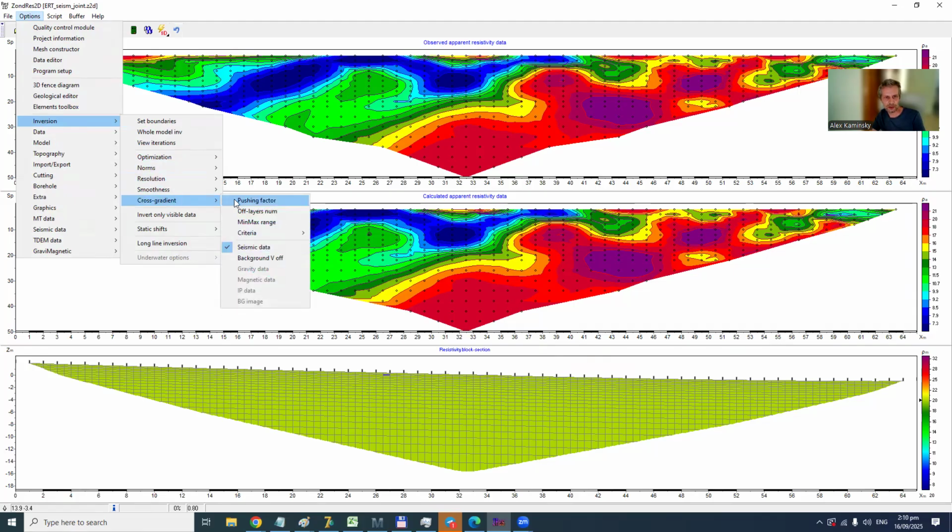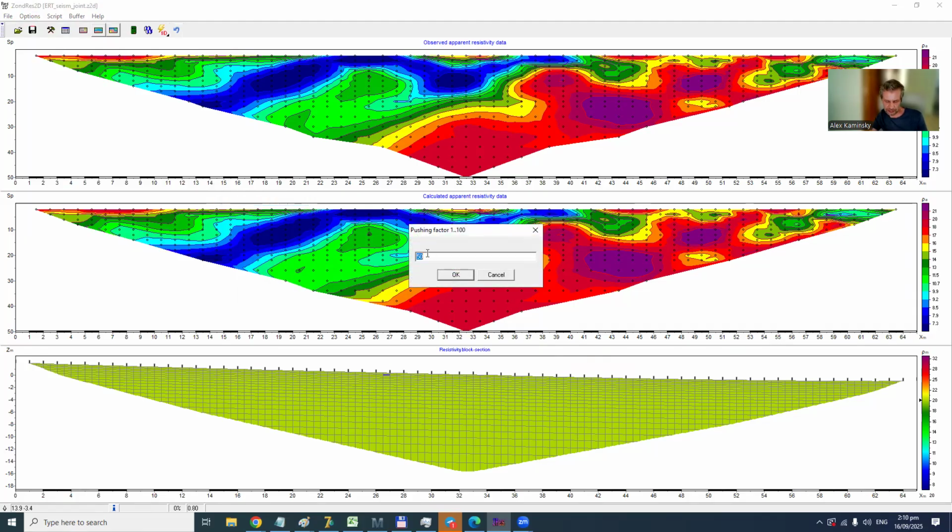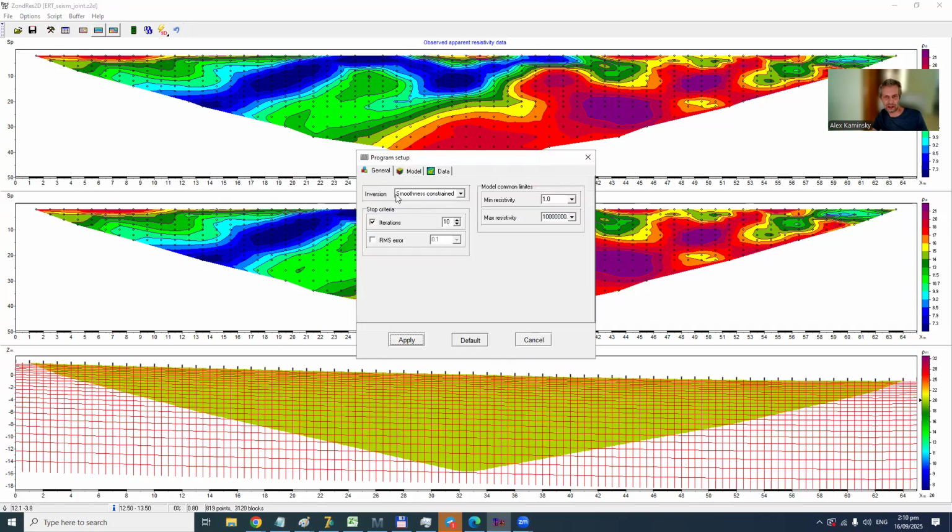Another thing: because this operator is very massive, we need to make our pushing factor very small, because it pushes anyway due to the very big size of the operator. So we always need to choose this parameter correctly and properly. And another thing, I recommend this kind of inversion